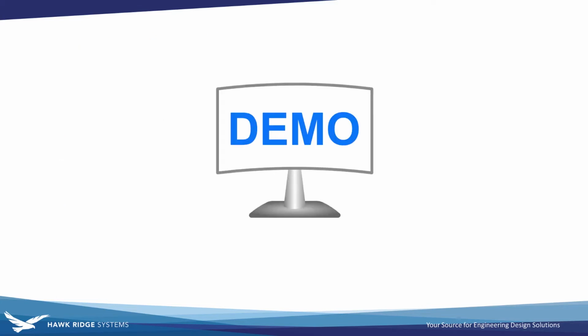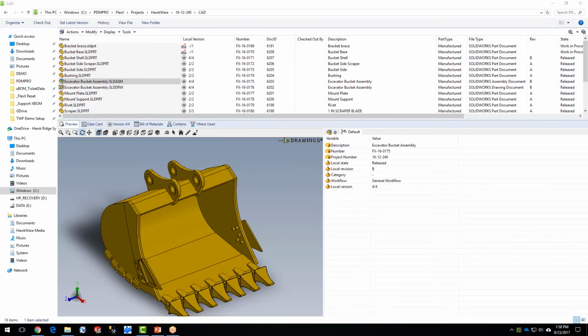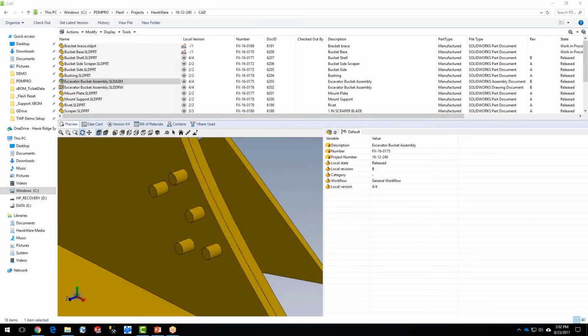So let's go ahead and take a look at Teamworks and how this thing works. I'm going to start inside the vault. Just going to browse in here. I'm going to make sure that I'm logged in as the right user. I'm going to go in. Oh, I'm logged in as Eddie. Great. So I'm logged in as a fictitious engineer named Eddie, and we're looking at a design, and I noticed